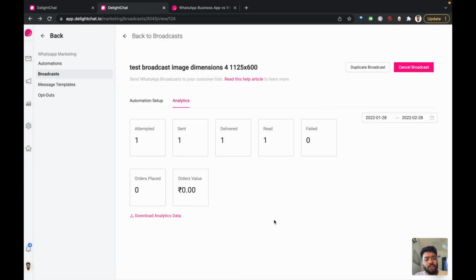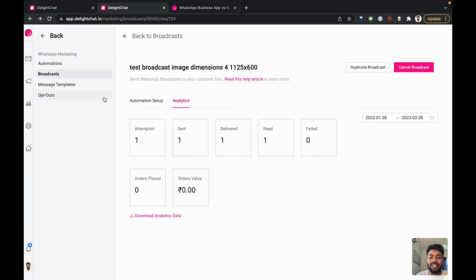Our attribution logic is very simple. If a customer of yours, a phone number, received our message successfully and they placed an order after that within the next 72 hours, we will attribute it to this broadcast. In case you sent another broadcast during the same time and then they placed the order, then the attribution goes to the latest broadcast that the customer opened. So this way you can always trace it back to the last touch and give you a last touch attribution